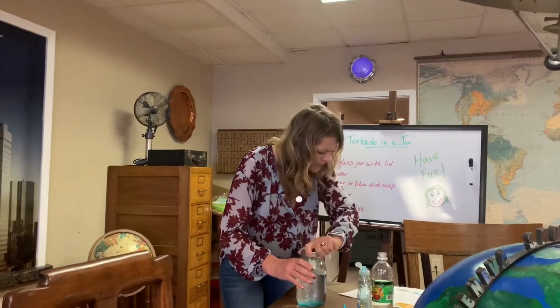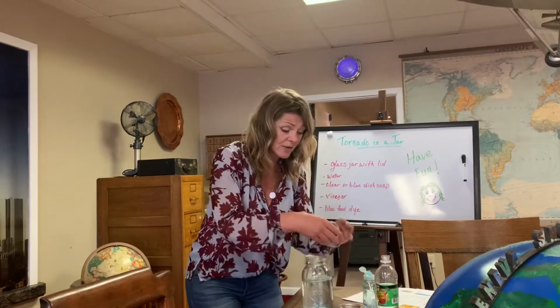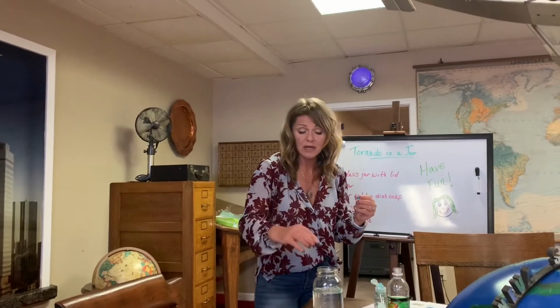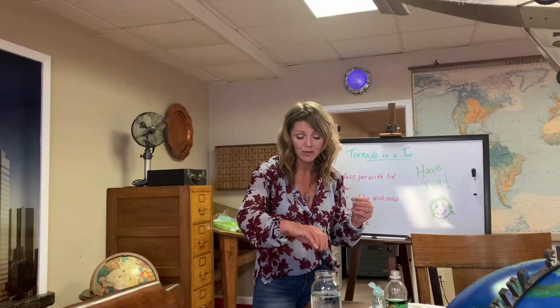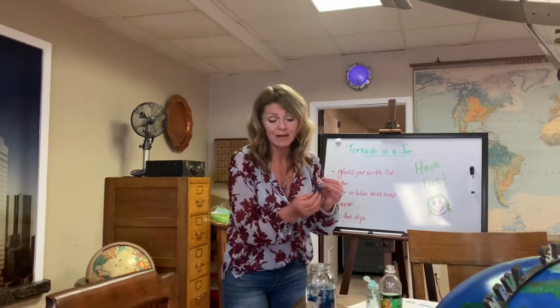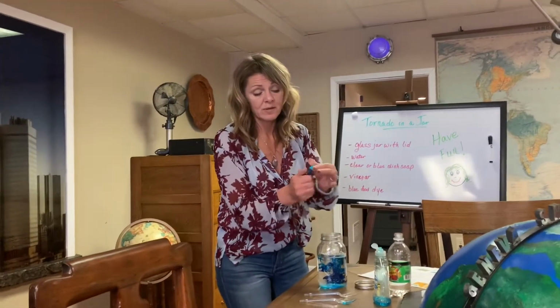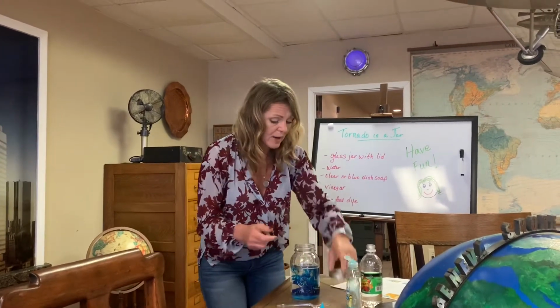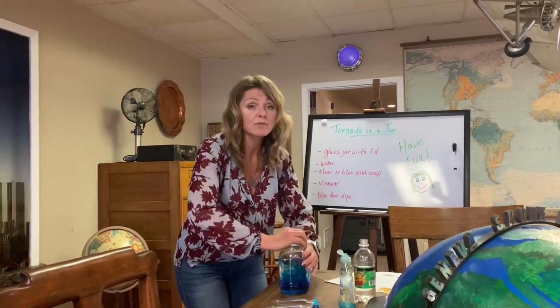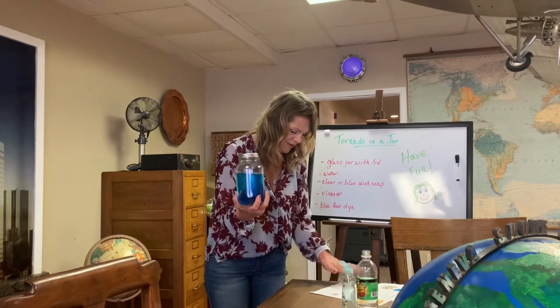Okay, so once you have this on, they do suggest, if we forgot the blue food dye. Oh, we did. Okay, we want to add our blue food dye. See, I already got ahead of myself. You can put as much in as you want depending on how dark you want it. So I want it nice and blue. That was about 4 or 5 drops. And I had the blue dish soap, so that should help. Now we're gonna put our lid on nice and tight, and they suggest if you're worried about spillage, you can use a hot glue gun. Now watch, I'm gonna probably spill. Let's open it. Okay, so now that you have everything in there,